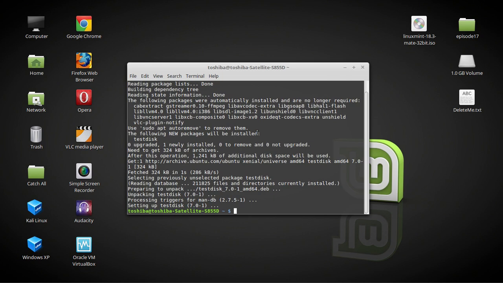And PhotoRec is to recover lost files. TestDisk is mainly to recover lost partitions. Say like you accidentally formatted the computer and you're like, oops. Well, you can boot up with the disk and run TestDisk, and you can actually recover your whole partition like it never was lost. And it'll recover all your files and everything. So TestDisk is really good if you accidentally format a drive. It's the main thing to use. PhotoRec is good for files, and you also got